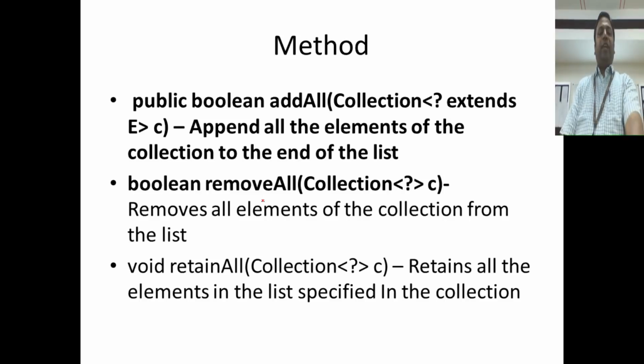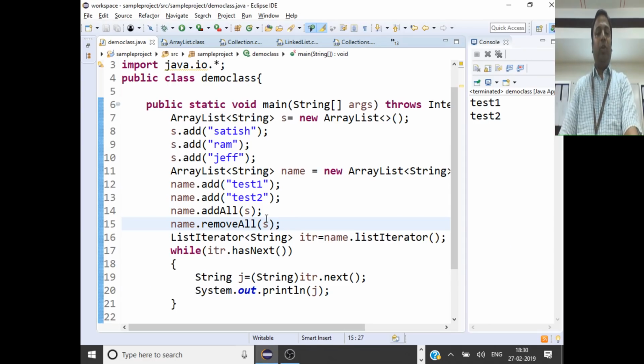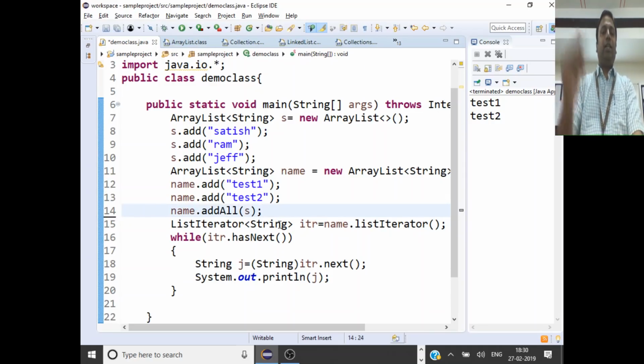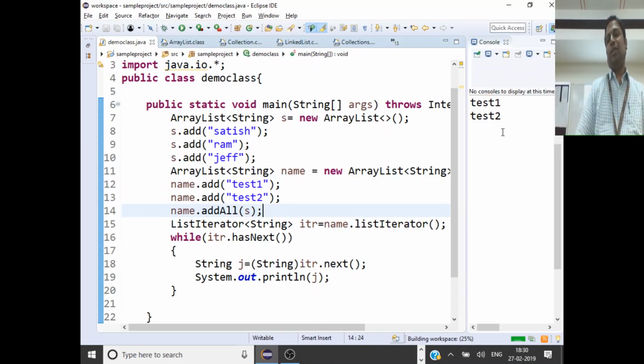You also have retainAll. Say I've added a collection to another collection, but then I want to retain only elements of the added collection in that list. I want to remove the existing names from that. So I can go with retainAll. So what we'll do is say, we'll not remove this. I just run this code. I add two collections, right? One is s and one is name. So once when I add both these things, what happens? You can see here,